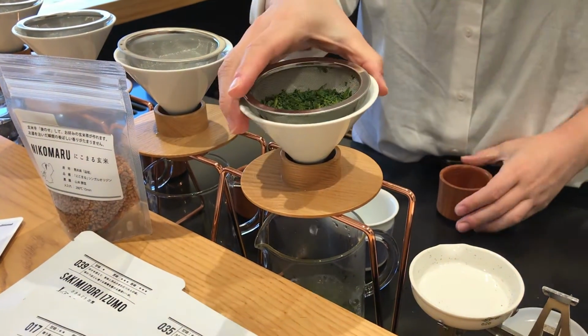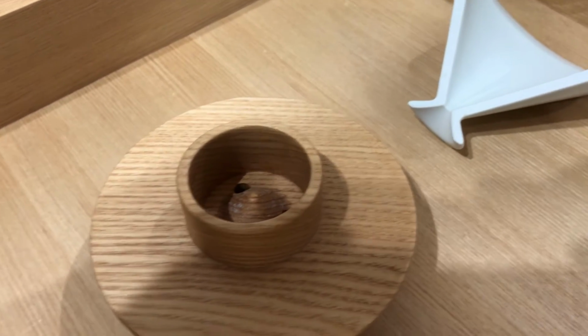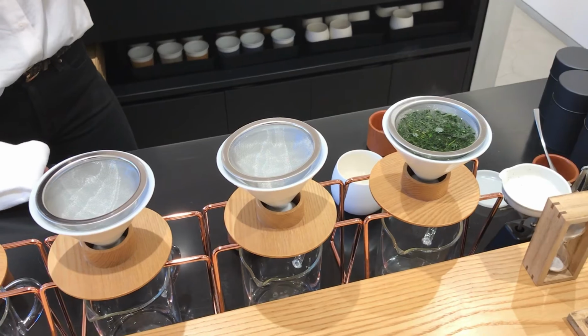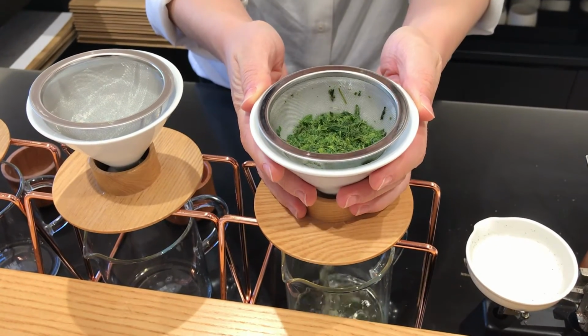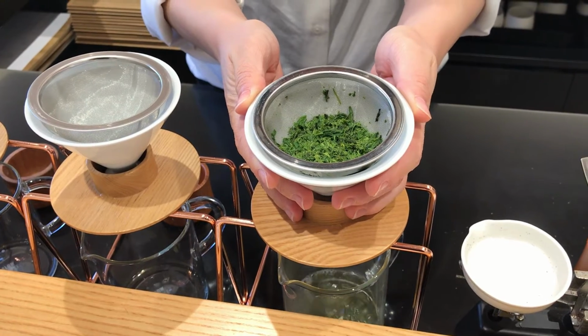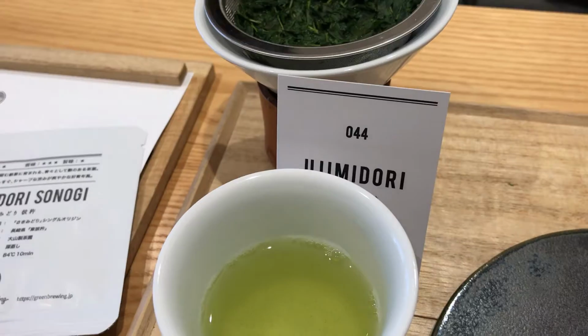The tea leaves are placed into this ceramic cone, which is tapered off towards the bottom, and then it's stopped by this wooden stopper. After pouring the water and waiting a few seconds, the tea master pulls this cone up and the tea begins to flow into the cup below. Because the leaves are in contact with the water for only a short amount of time, the extraction is lighter